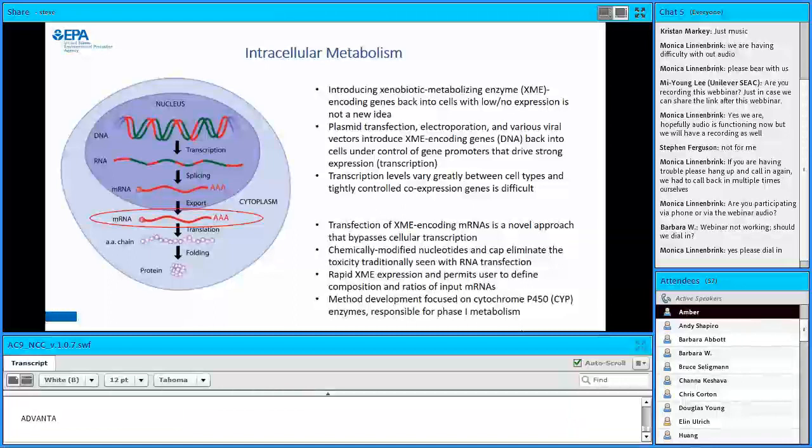RNA transfections in the past have been kind of frowned upon because they've been toxic. They actually induce an interferon response in most cell types, so the cells think they're being invaded by a virus and essentially act like they're under some sort of toxic response already. So this is obviously something you normally wouldn't want to do if you're trying to measure toxicity in a cell-based